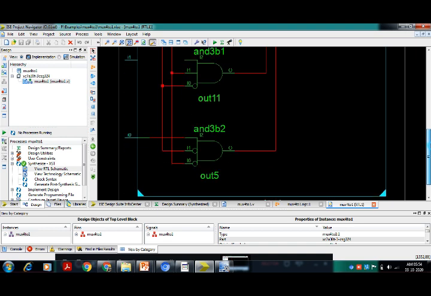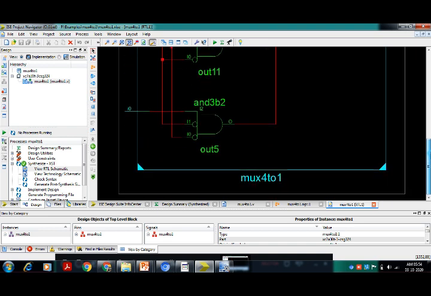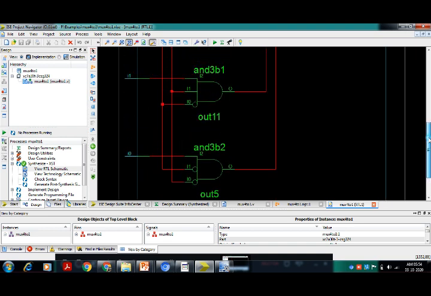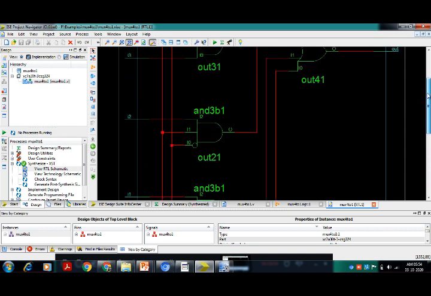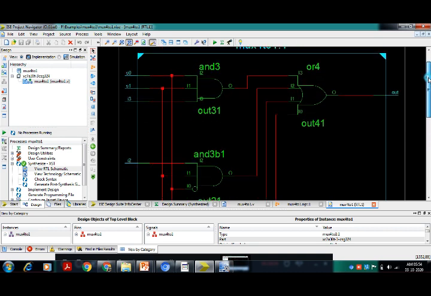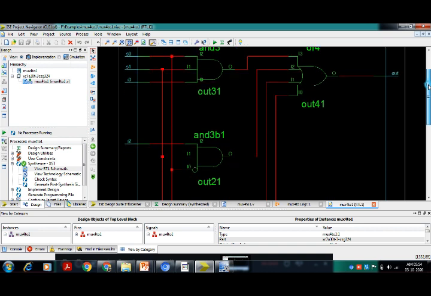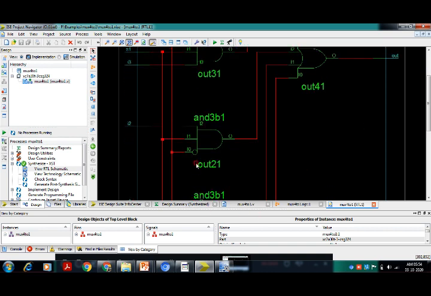Then it has used AND gates, and here this bubble indicates complement. So S1N, S0N inverter it has not used.